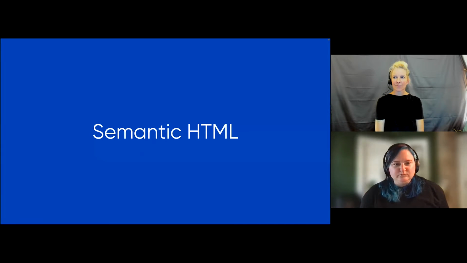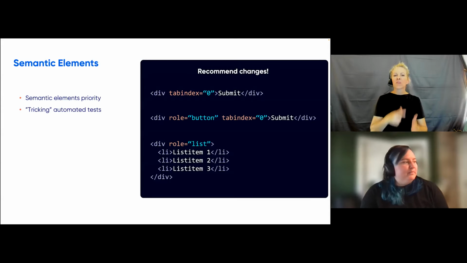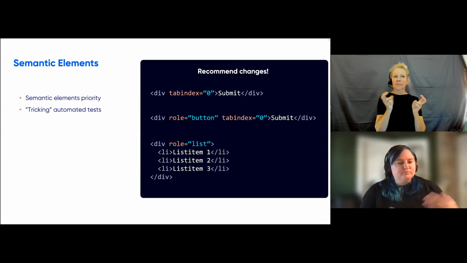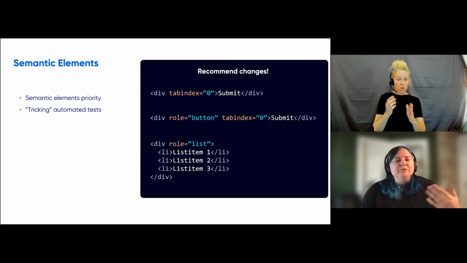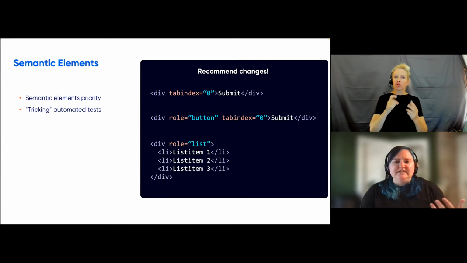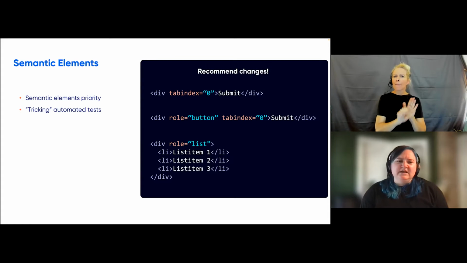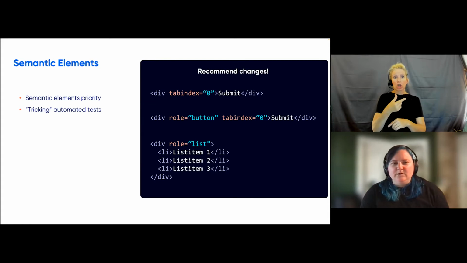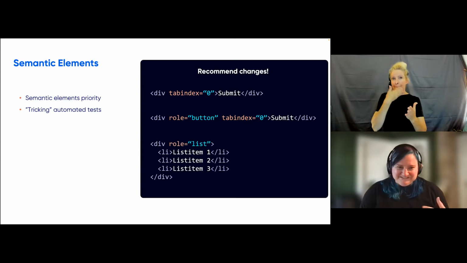All right. So semantic elements, what do we mean? We're going to start really simple here. Semantic elements should take priority. So when you are completing a code review, when you are looking at something to validate if it is implemented correctly, you want to start asking yourself questions about what the functionality of those elements are. And if we're using generic containers, is there a semantic element that should be used instead? I won't even give you an option.